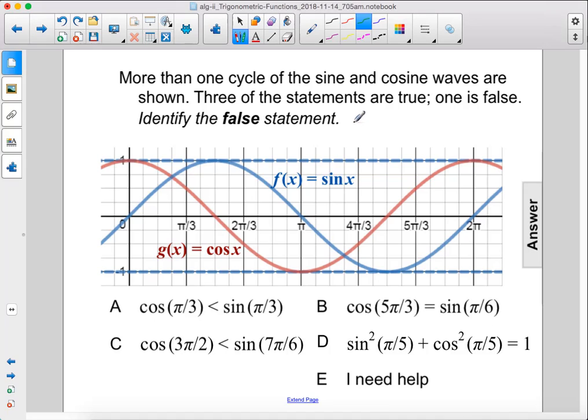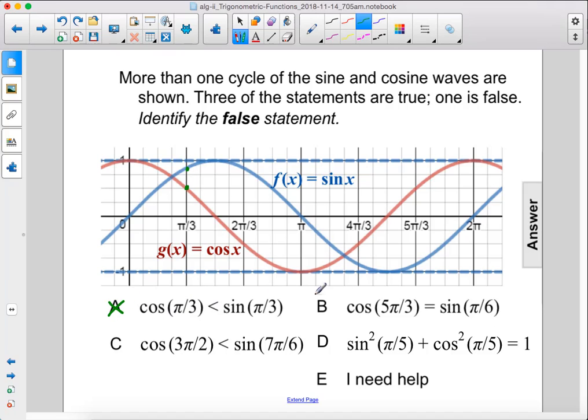More than one cycle of the sine and cosine waves are shown. 3 of the statements are true, 1 is false. Identify the false statement. Cosine of pi over 3, so that's this red line here is cosine, so pi over 3 is this point, is less than sine of pi over 3. And look, sine's up here, therefore sine of pi over 3 is a larger number than cosine of pi over